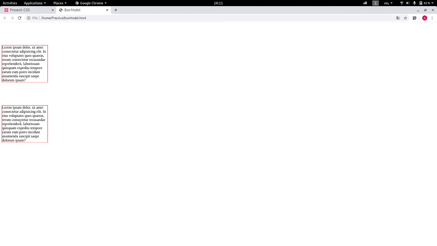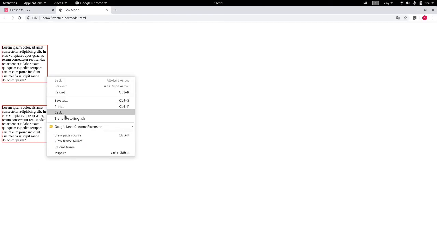Actually we can use the Chrome inspector tool to see what is the margin and border around these elements. So what you have to do, just right click on the element and click on inspect.